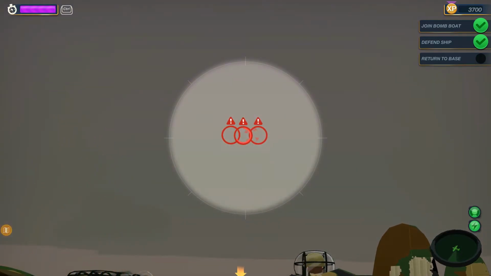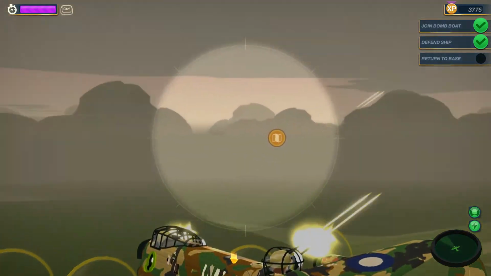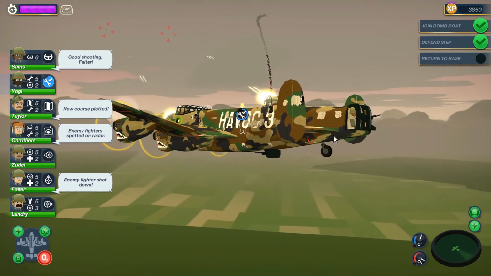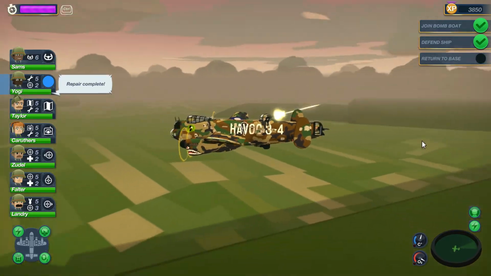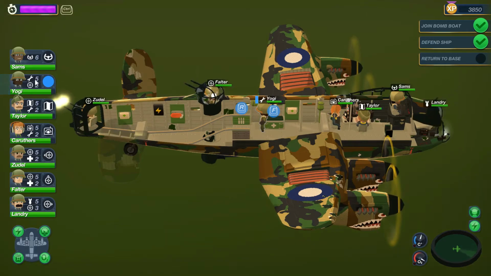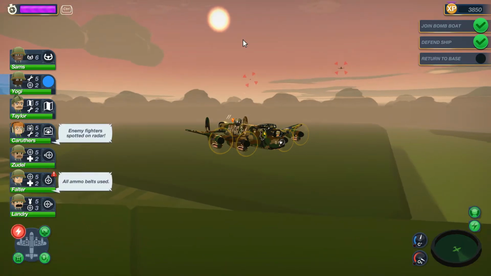We got more fighters coming in. 3 o'clock high. But we are heading back toward friendly territory. All we need to do is make it to friendly territory, and these fighters will disengage. Alright, our engineer has finished his repairs. Let's get Yogi back to his station in case we take enough damage that one of our engines starts on